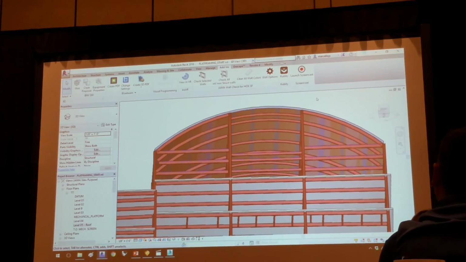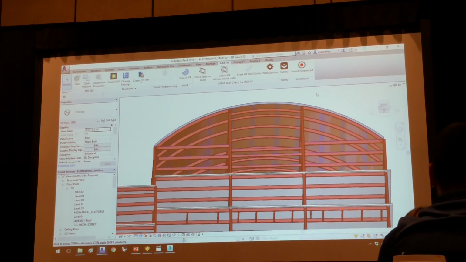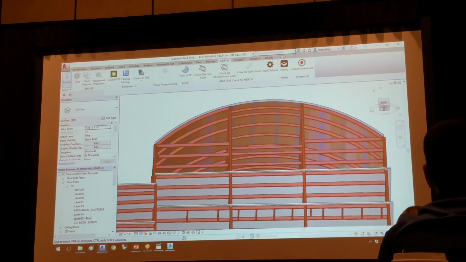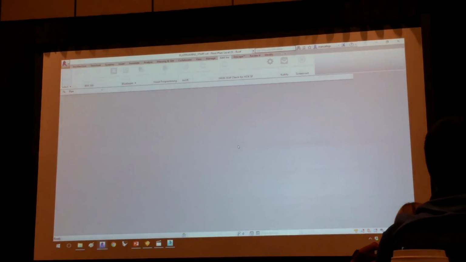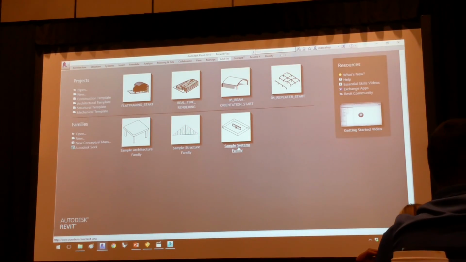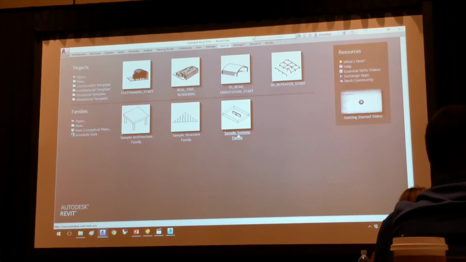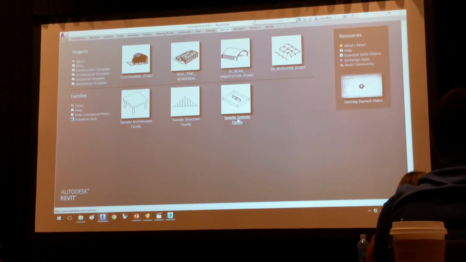Any other questions? Yes? Once you've got the framing projected onto the curve, when you want to delete the flat framing, do you need to break some kind of link between Dynamo and Revit? Good question. It's a very good question. Dynamo, you know what Dynamo